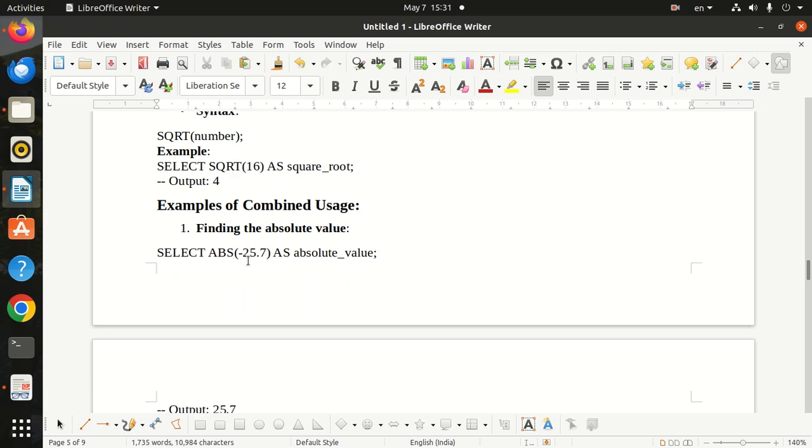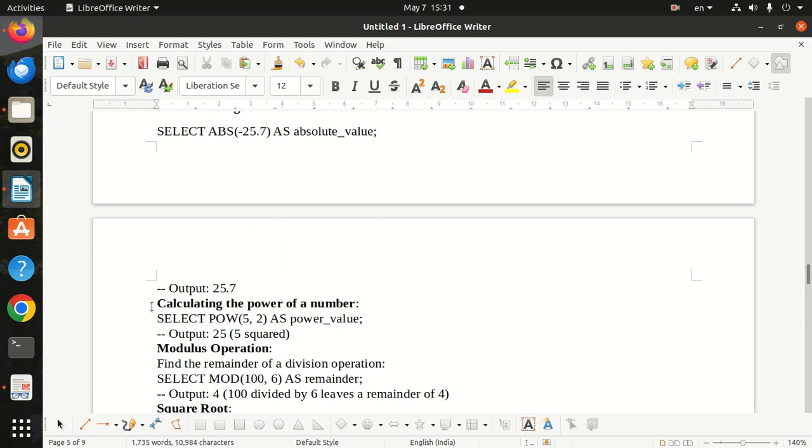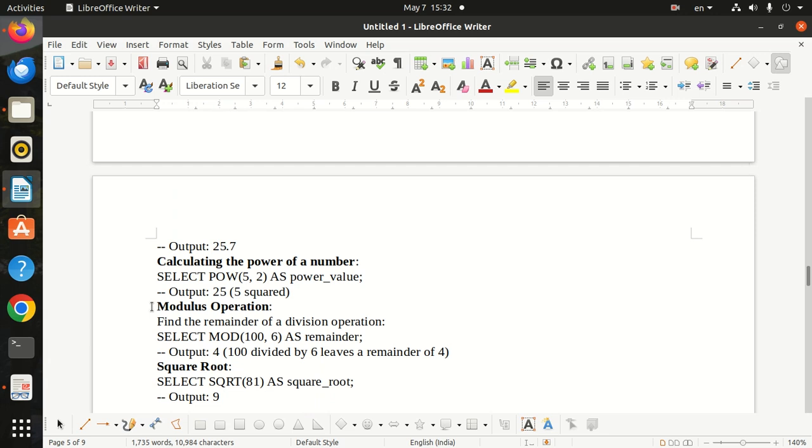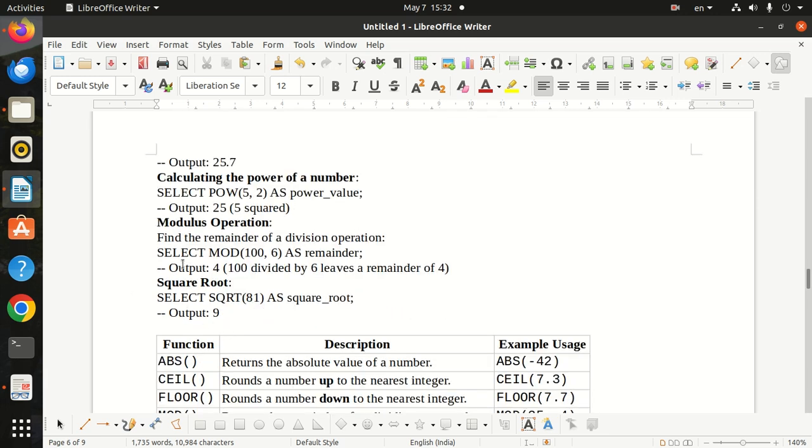Example for combining uses. When we are going to find the absolute value: SELECT ABS(-25.7) AS absolute_value, which gives the output 25.7. When we are going to calculate the power of a number: SELECT POWER(5,2) AS power_value, which gives the value 25. Modulus operation finds the remainder of division operations; we select MOD(100,6) AS remainder,